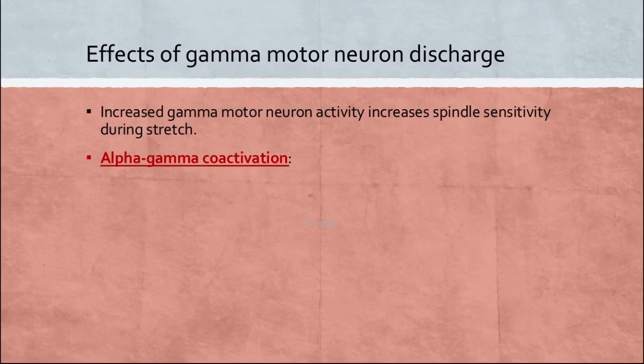Then what will you do? You are doing everything right and the subject is not moving the leg at all. Voluntarily the subject is not supposed to move, but when you hit the tendon of the quadriceps femoris, that subject's leg should move, but it is not moving, it is not extending. Then what will you do? You will ask the subject to clench the teeth, or you will ask the subject to interdigitate fingers.